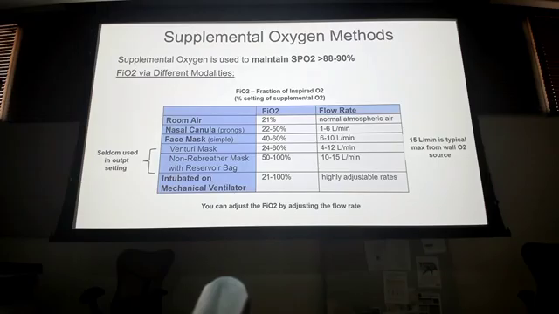So again, just understand the escalation of how you can move up. Nasal cannula is going to be your lowest one, and then up to non-rebreather and mechanical ventilator. If it's on a wall source, we can adjust it up to 100%, and we can fine-tune it. I can do 23% FiO2, 27, whatever I want to do. That's how that works.